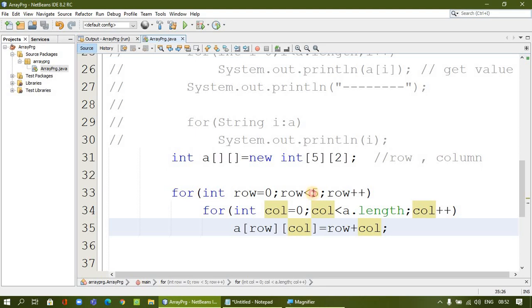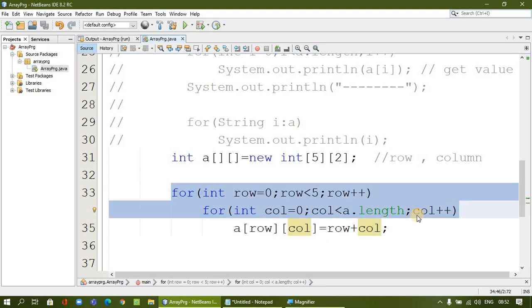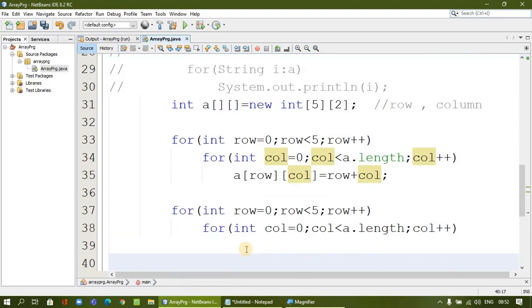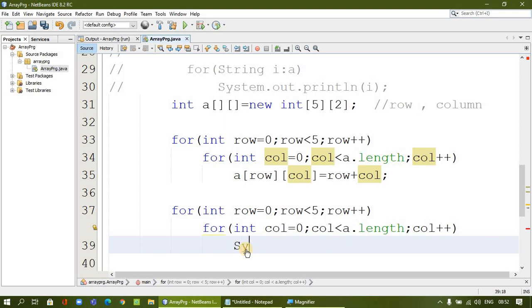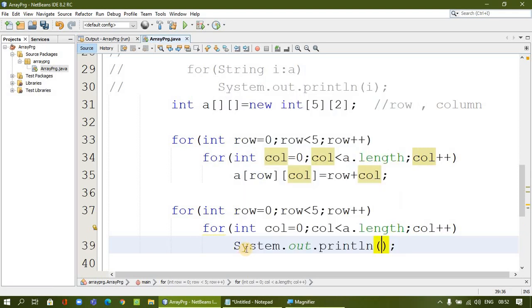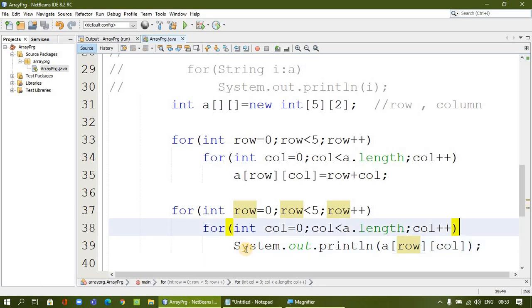Okay, let us print and see the value. And also we can organize it like a matrix, and then we can also see the value. Let me print this value. Let me print a of row, column. Okay, now this is going to print the row only, right?